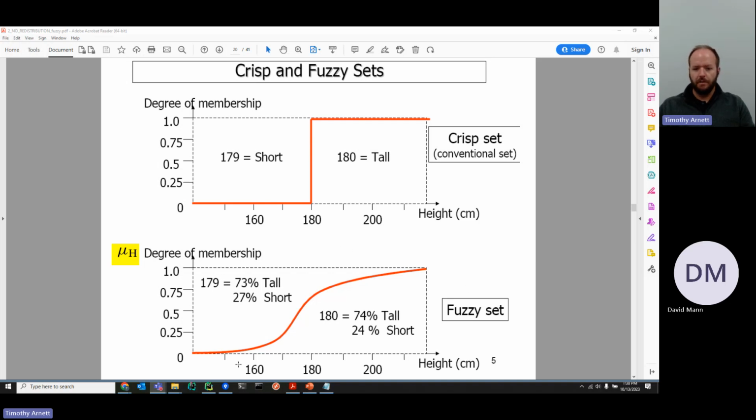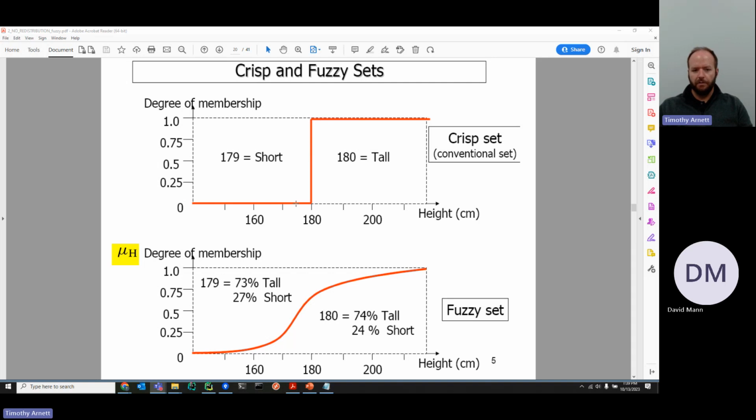And so we can see another representation of this. This is somewhat like a sigmoid function describing the tallness of a person. You can see that it starts ramping up quite a bit when we start getting around 175 centimeters or so, and then keeps increasing as you go further and further. Instead of just saying someone's tall or short, if they're above 180 centimeters or not, we can say how tall or how short they are based on their membership in that set, as defined by this function.